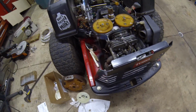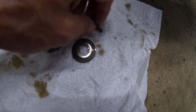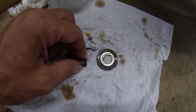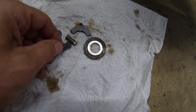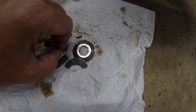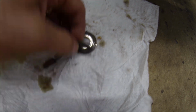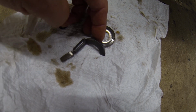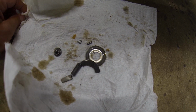But what also was going on was a bunch of pieces off of that cam gear imploded. This is a swing weight, so this thing, and this part, all this stuff goes together, believe it or not, to form a swing weight. So I think what happens, or in this case happened anyways,